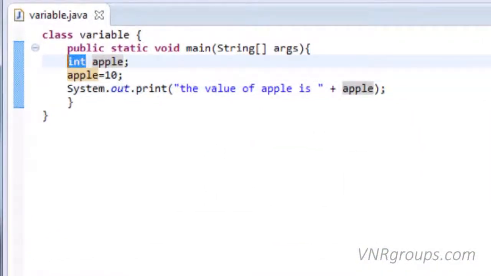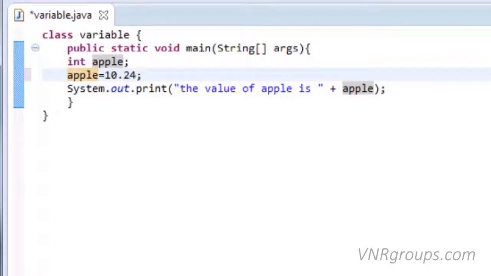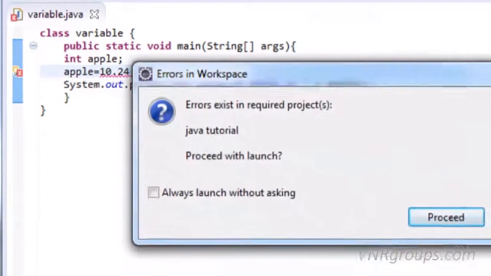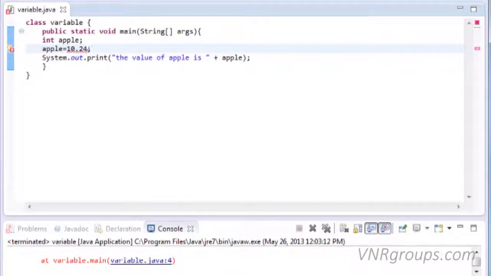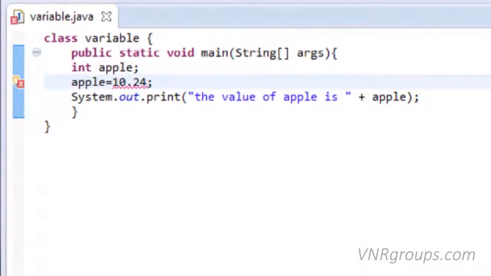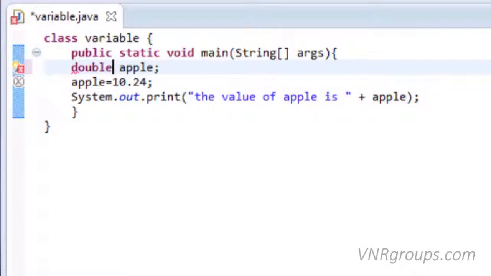Variable with int data type can only hold integer numbers like 10. Here if we replace with decimal point number like 10.24, compiler will throw an error. As I told you, in order to use decimal point number, we need another data type, that is double. This statement will create variable apple of double type.